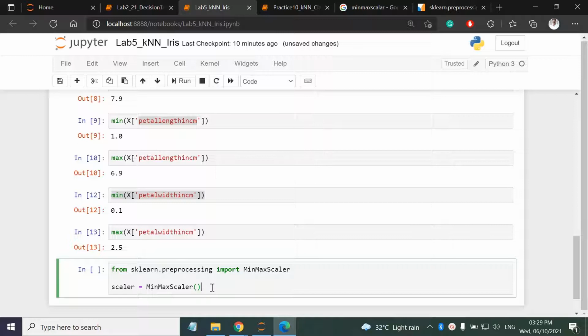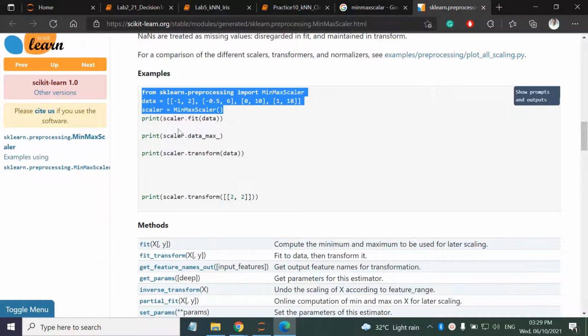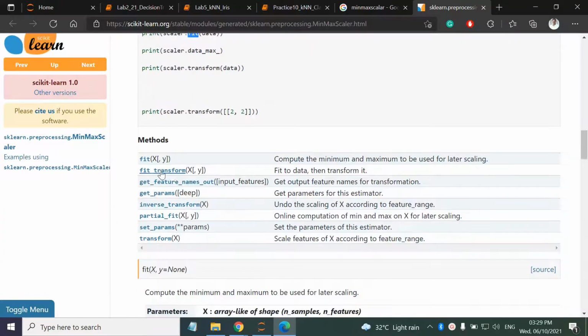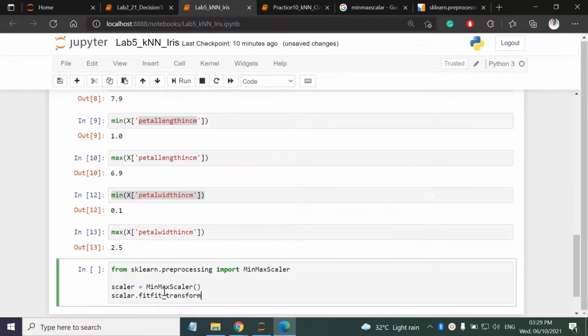So the scaler object is created, then scaler.fit_transform is the function. They have used fit, but we have the fit_transform function, so I am using fit_transform. And provide the data, and we will get it. Are you getting the concepts?